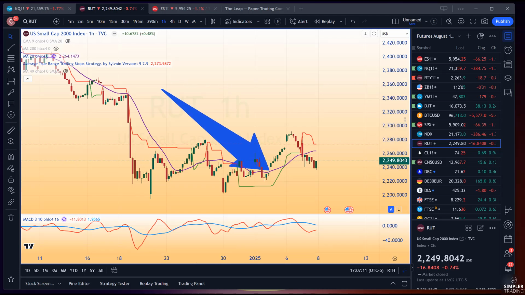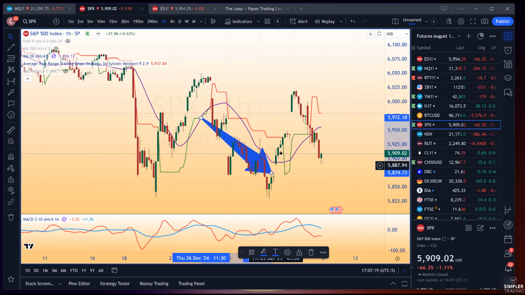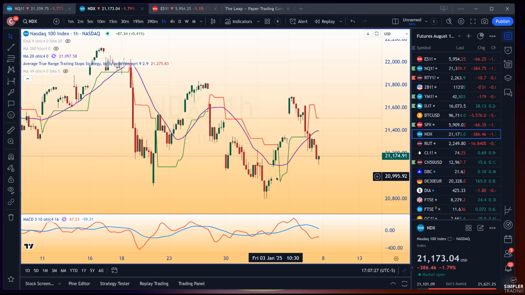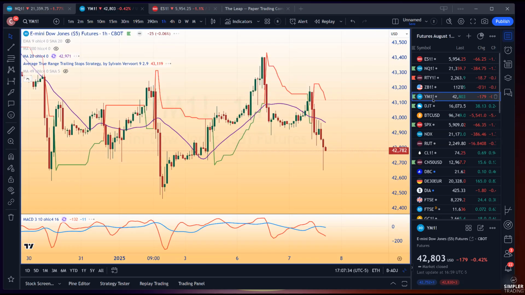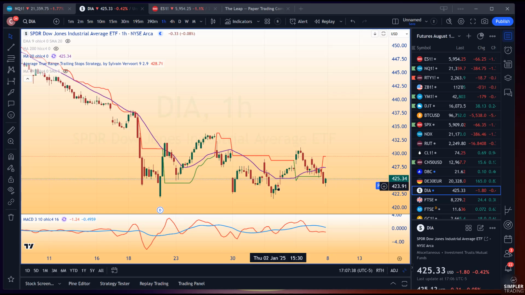And it bounced. How about the S&P? Has it filled the January 3rd gap? Not really. Not yet. Close, but no cigar. It did fill the one from Sunday night that I warned about. How about the NASDAQ? It has not filled it yet. So I think this is what we're looking for tomorrow. If we see the Dow, well, let's take it by DIA, that's definitely filled the gap.